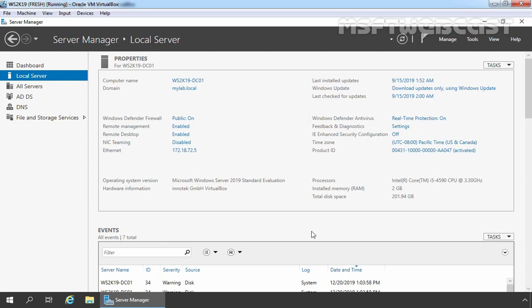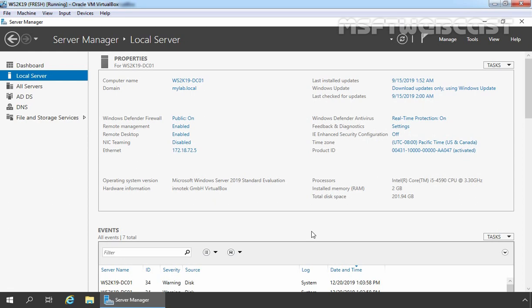In this video, we will see the steps to enable Remote Desktop Protocol using group policy in Server 2019. Depending on the requirement, we can enable the Remote Desktop directly using the Graphical User Interface, Windows PowerShell, or by configuring settings through group policy. In the last video, we have seen the steps to manually enable Remote Desktop using Graphical User Interface. This time, we will enable Remote Desktop using group policy.